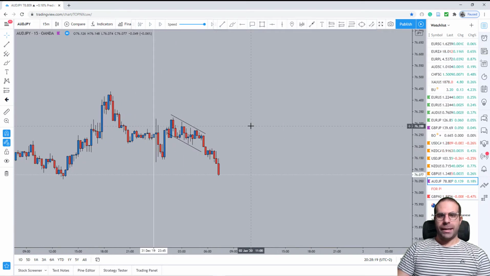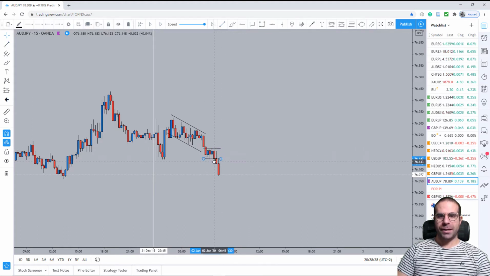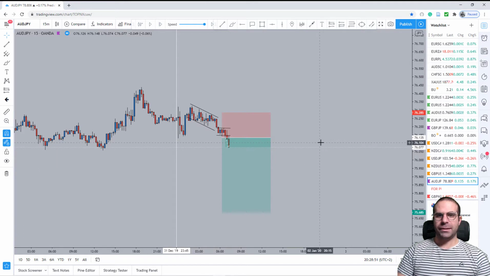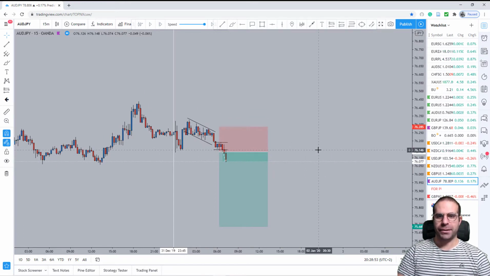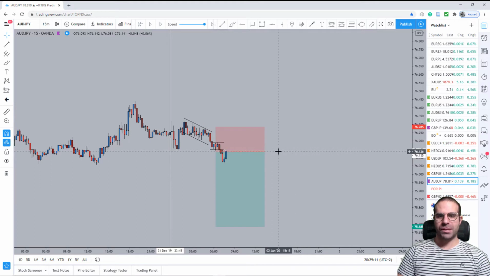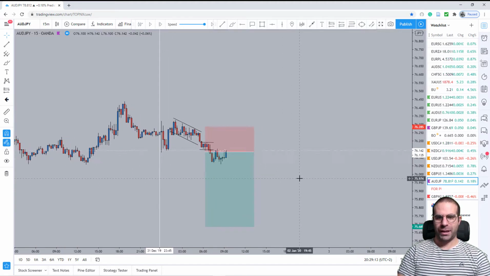Okay, guys. Now I can see immediately that we have a clear break of this very small flag pattern that we can see over here. So I will be placing a trade, of course, somewhere around here, like a pending order. Let's make it around here, okay? And it's going to go with a 15 pip stop loss, and let's see if we get activated into the trade. By the way, the 15 stop loss is something that I had chosen when I was testing the pair on the 1 hour time frame. I have not tested it on the 15-minute time frame, so let's move forward. We will keep this stop loss. And here, as you can see, we have been activated into the trade with this candle, and let's see what happens.